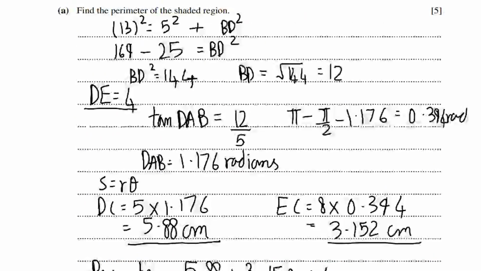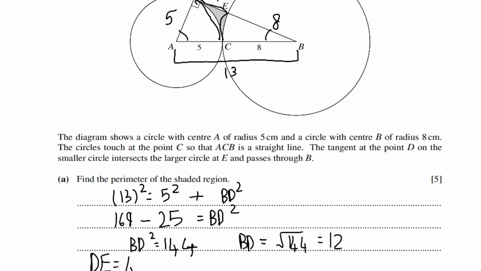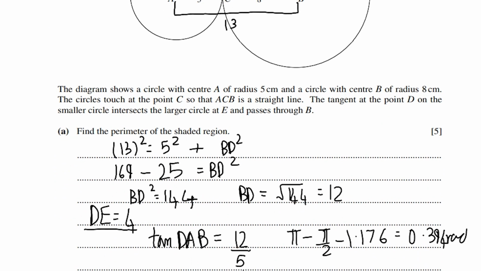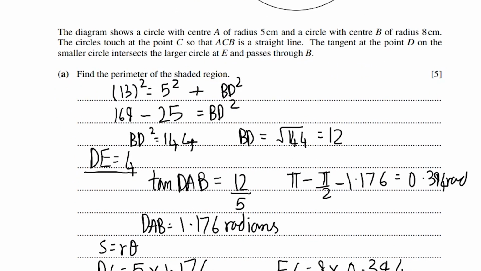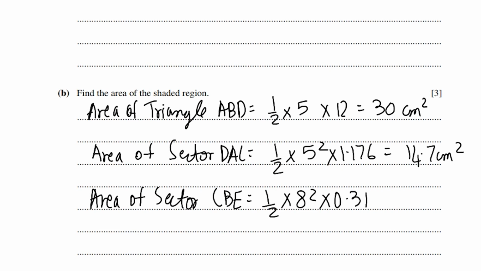Now we have to find the area of the sector BCE. The area of this sector is 1 upon 2 multiplied by 8 square multiplied by the angle CBE. The angle in this case was 0.394. So we have the angle and the radius. The area of the sector CBE is 1 upon 2 multiplied by 8 square multiplied by 0.394. The area is 12.608